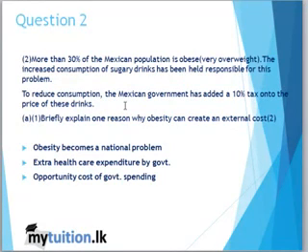Obesity means the entire nation is suffering from being overweight, which causes a lot of problems like cholesterol, liver problems and so forth. This means the government has to spend more and more on healthcare, building hospitals and getting skilled surgeons. Therefore, it is a national problem, right? And there is then an opportunity cost to the government. Why? It has to continue to spend on healthcare and so forth. It will probably have less revenue to spend on maybe education, etc.